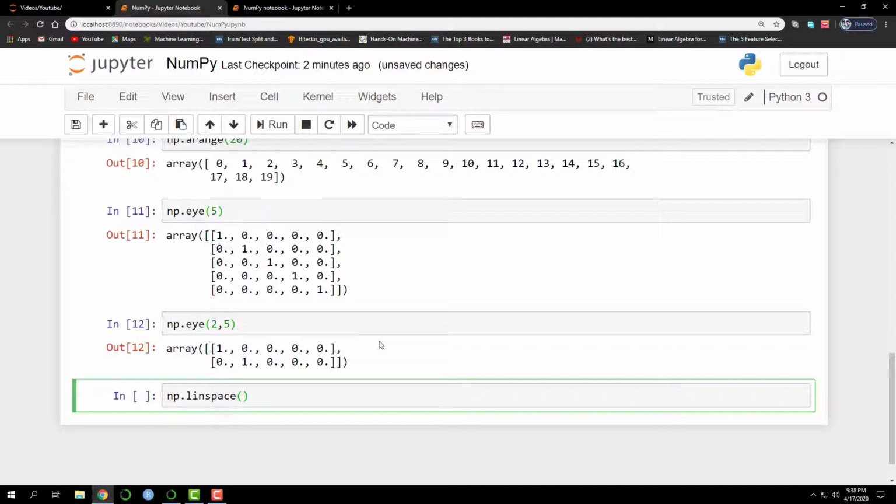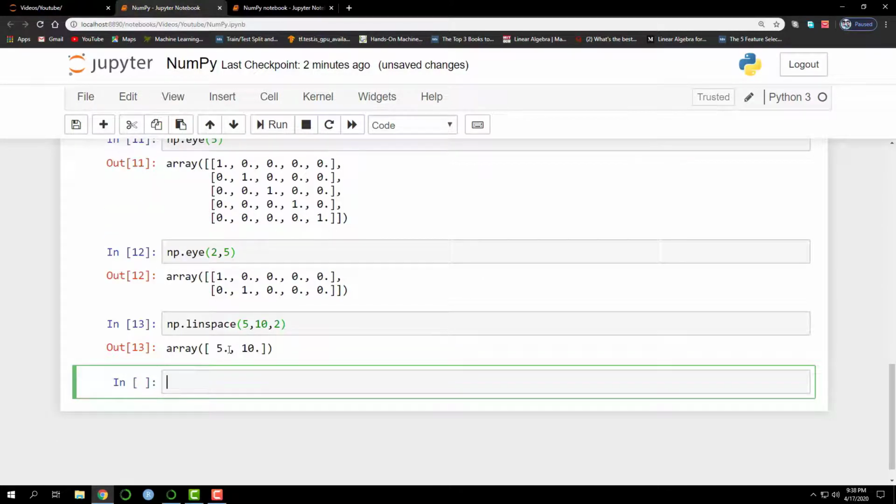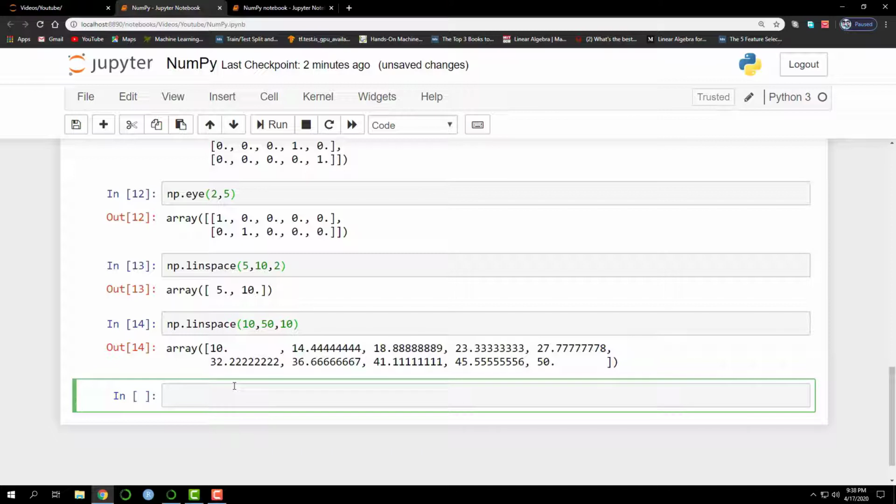Here I am passing in np.linspace 5, 10, 2. This is going to create an array with two linearly spaced elements between 5 and 10, which are obviously 5 and 10 themselves. So let's see another example. np.linspace 10, 50, 10. This is going to create 10 linearly spaced elements between 10 and 50.